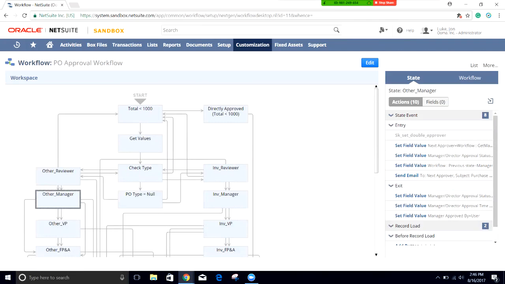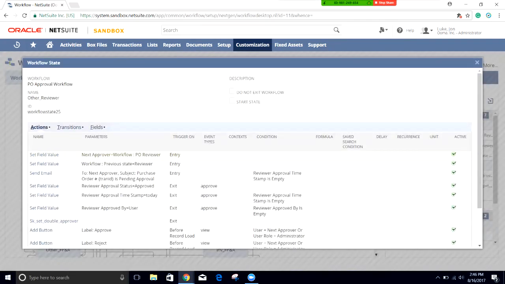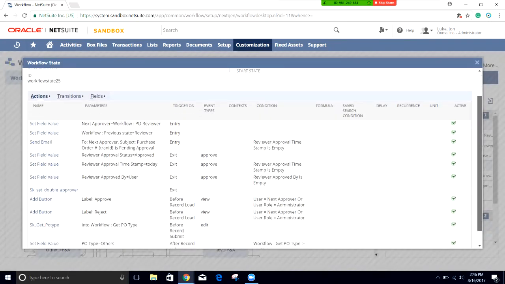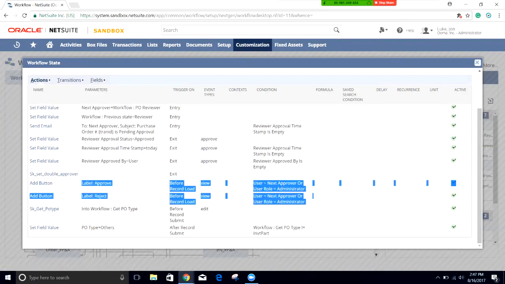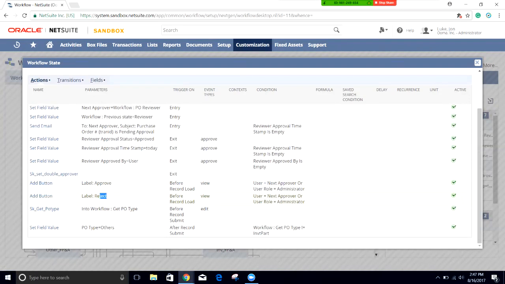So let's go back into the other reviewer, because there's more information here that we need to take a look at. So the next thing that we need to see is this add button. There's two of them. One is an approve button, one is a reject button. And this happens before the record loads up. So as the person is viewing the record,